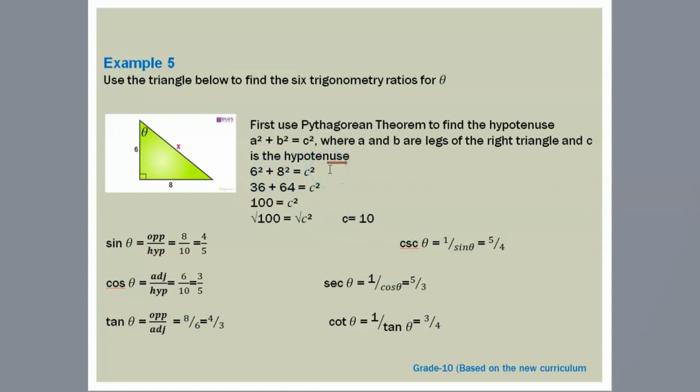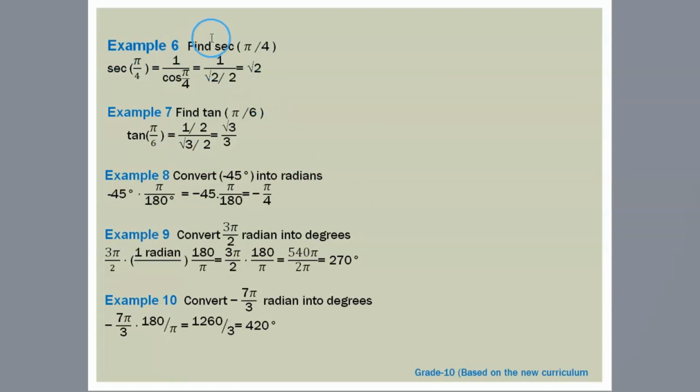ዲስከሽን ውይይታችንን እንቀጥል። ኤግዛምፕል 6፣ እዚህ ጋር የተሰጡ ኤግዛምፕሎች አሉ። ኤግዛምፕል 7፣ 8፣ 9 እና 10። ኤግዛምፕል 6፣ ፋይንድ ሴክ ፓይ ኦቨር 4፣ ፋይንድ ታን ፓይ ኦቨር 6። እዚህ ጋር አሪፍ ጥያቄዎች ናቸው። ያዋቸው ይሄ በጣም ቀላል። ኮንቨርት 3 ፓይ ኦቨር 2 ራዲያን ወደ ዲግሪ ቀይሩ። ይሄ አይተናል፣ ግን በደንብ እንድትሰሩ ብዬ ነው እዚህ ጋር ደግሜ ያመጣሁት ሌሎች ጥያቄዎችን። ስለዚህ ቪዲዮን ፓውዝ በማድረግ እነዚህን ጥያቄዎች ስሯቸው፣ በጣም ቀላል ስለሆነ ነው። በቀጣይ ክፍል እስከምንገናኝ ድረስ መልካሙን ሁሉ እመኝላችኋለሁ።